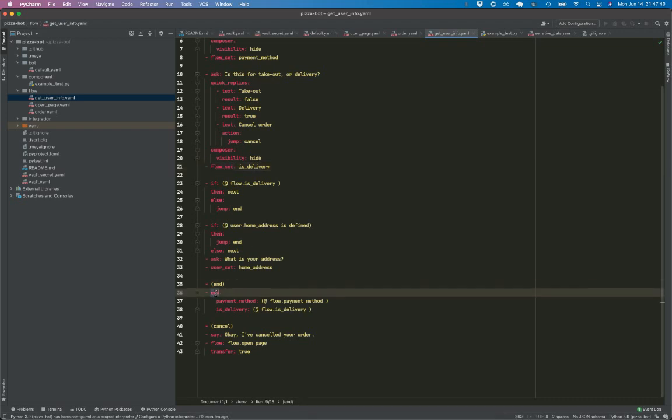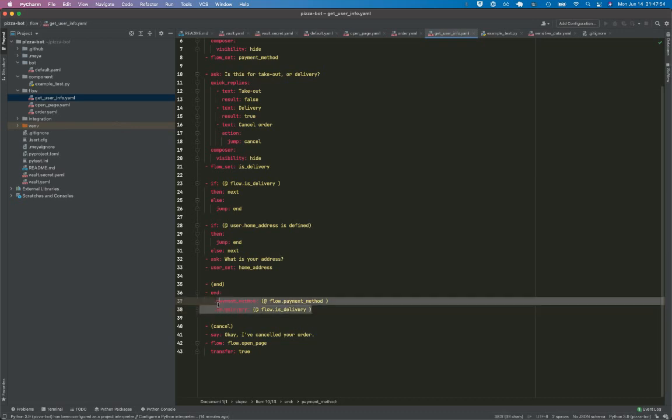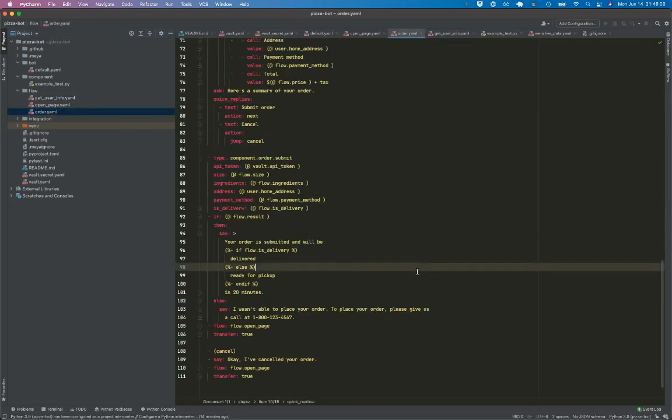In this case, we're actually going to pass that flow scope information to the parent flow. So you'll remember that our order flow called this flow. So when this flow ends, we're going to return to the parent flow. And we want to make sure that our flow scope information is passed back to the parent. All right. In the next video, we'll create the component